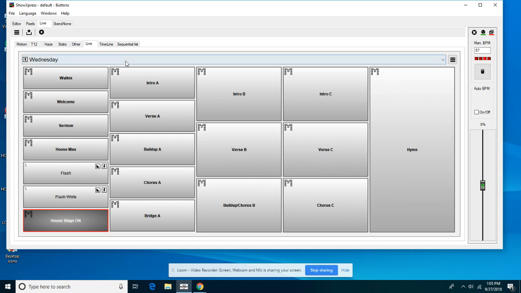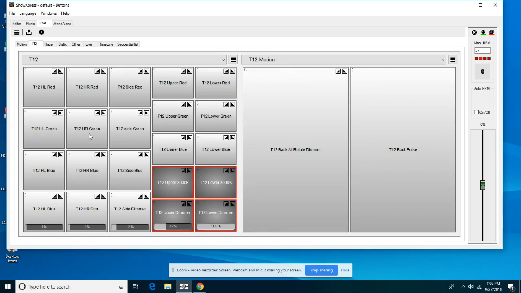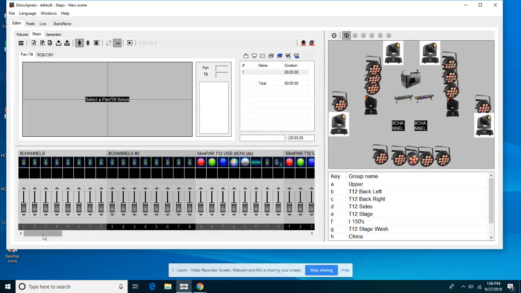Then you can come over if you need to. Be careful not to change anything, but if you need to, you can come over. These are called macro buttons. You see the ones with the M's on them, and these others are files that I've made in the actual editor. But if you come over, for example, to T12, this is all of our T12 controls. These all have little S's on them because they are files that I made here in the editor. I pulled up the individual DMX files,